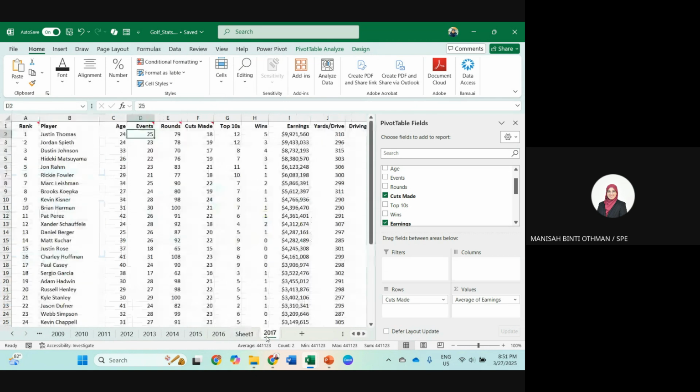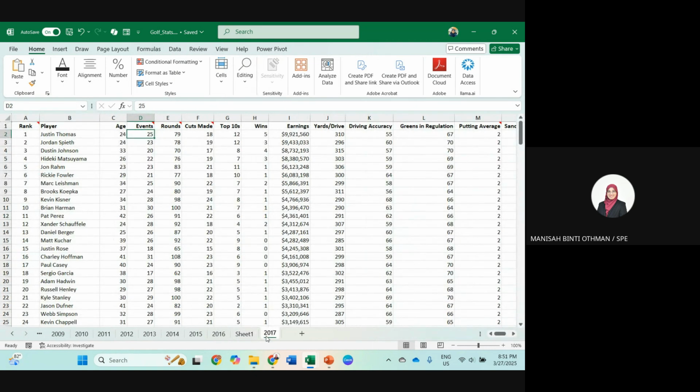Okay, so from the raw data, you can use a scatter plot chart to display between numerical variables. Okay, you can create a scatter plot chart.